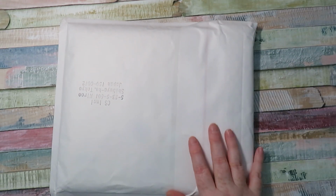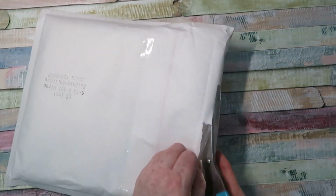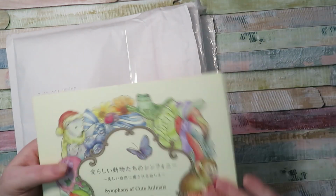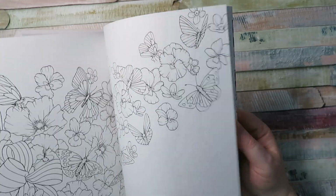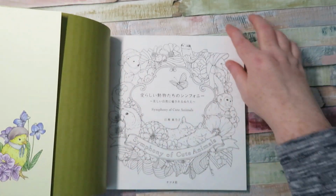And then I've got one colouring book here that's just been delivered that I'm just going to quickly open now. And it's Symphony of Cute Animals. Oh, so I haven't seen this one yet, so I'm just going to have a little...